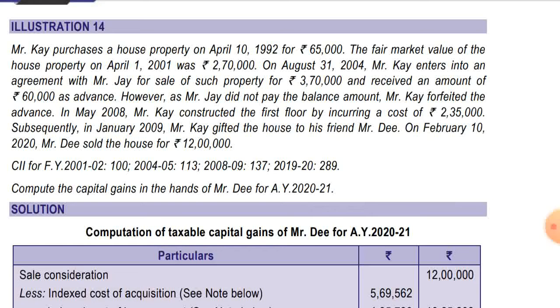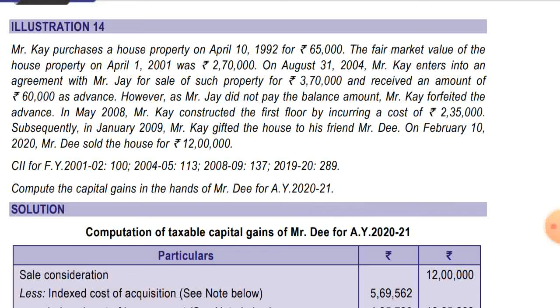However, as Mr. J did not pay the balance amount, Mr. K forfeited the advance. In May 2008, Mr. K